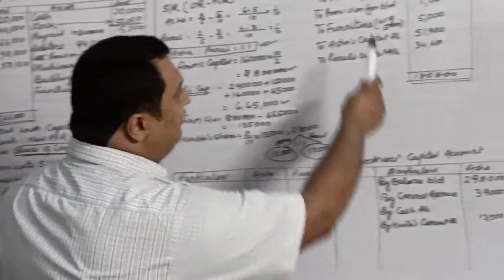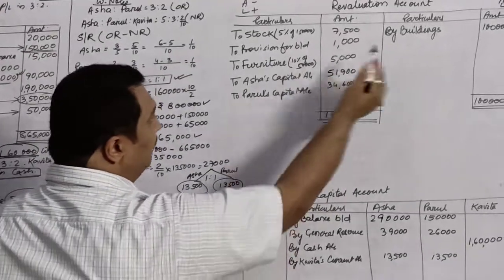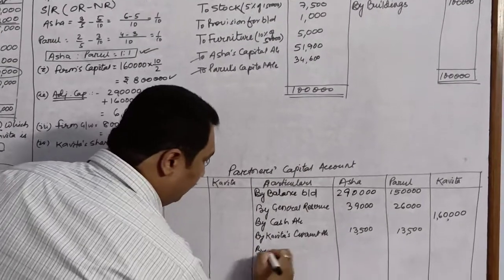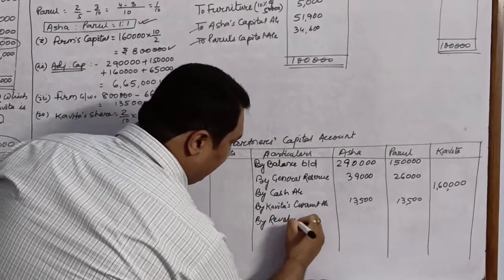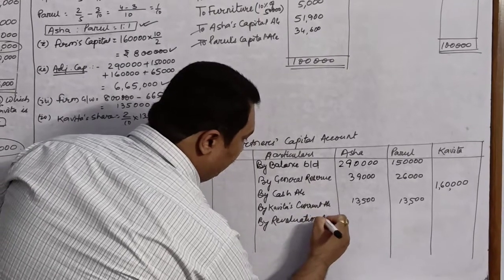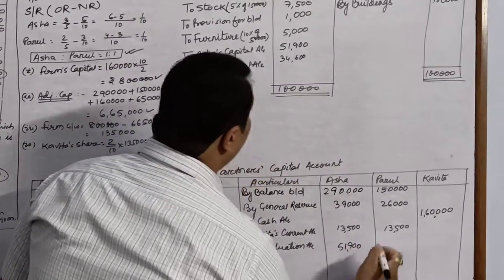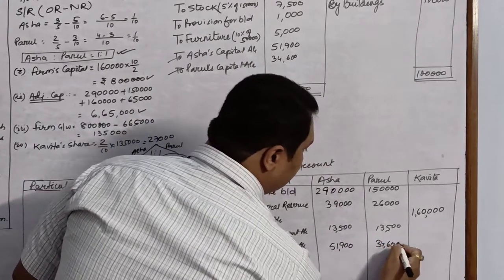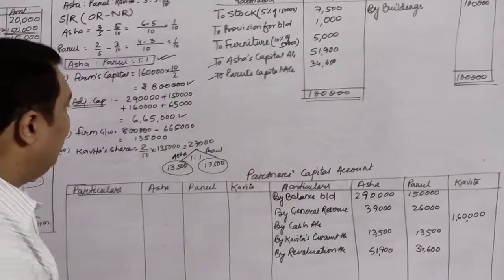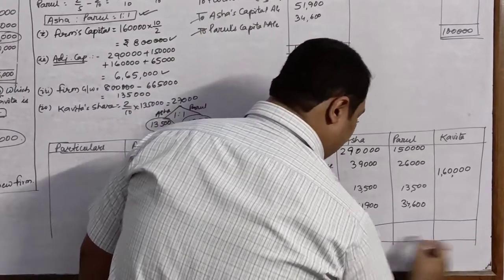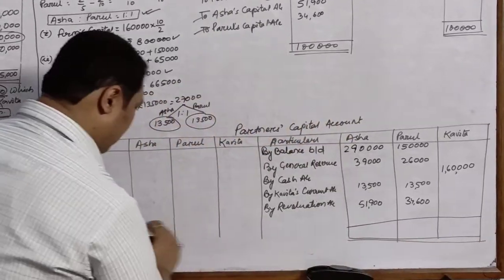When we check revaluation, we have the profits which are distributed between these two. Here it will be transferred to the credit side by revaluation account. Share will be 51,900 and 34,600. We do not have anything else in the question, so we will balance the partner's capital, and the balancing